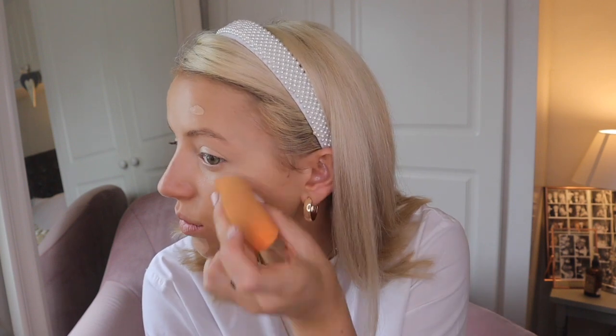Really nice. Ooh. Not as full coverage as the NARS concealer, however I really like this, and also a little bit goes a long way for sure with this product. I should have put a little bit less on. Yeah, I definitely should have put a little bit less on. Look, it's all going up here. I'm going to blend that in again with my foundation brush, just with the excess, just to kind of put it in place,